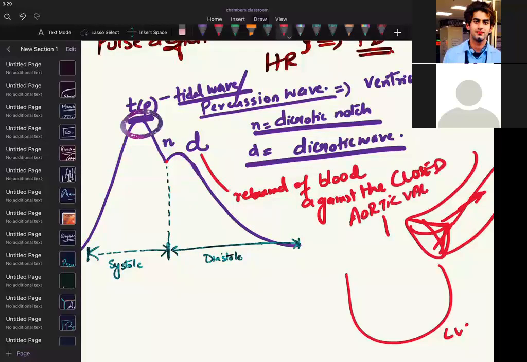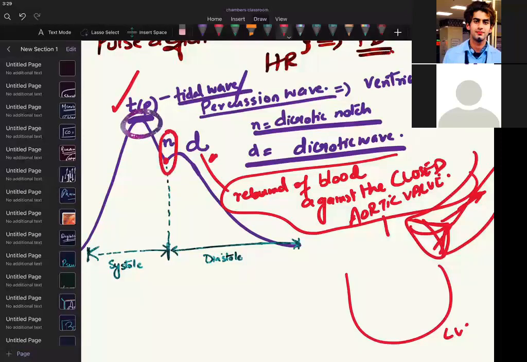We are talking about the dash phase. Common sense is also there. If you were at systole at this point, you should be at diastole at this point, ventricular diastole. So what about the notch? Can I say that this point was where the aortic valve closed, because after that a rebound happened? If I close the valve at this point, I will have a rebound of blood.